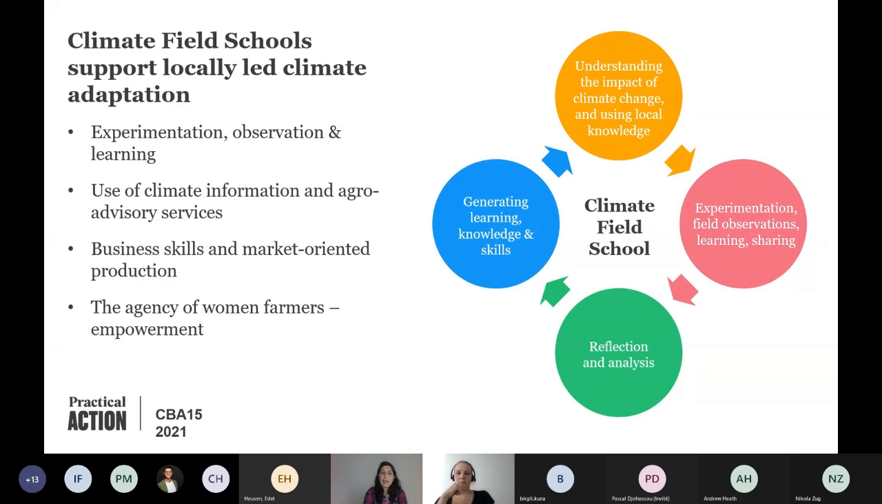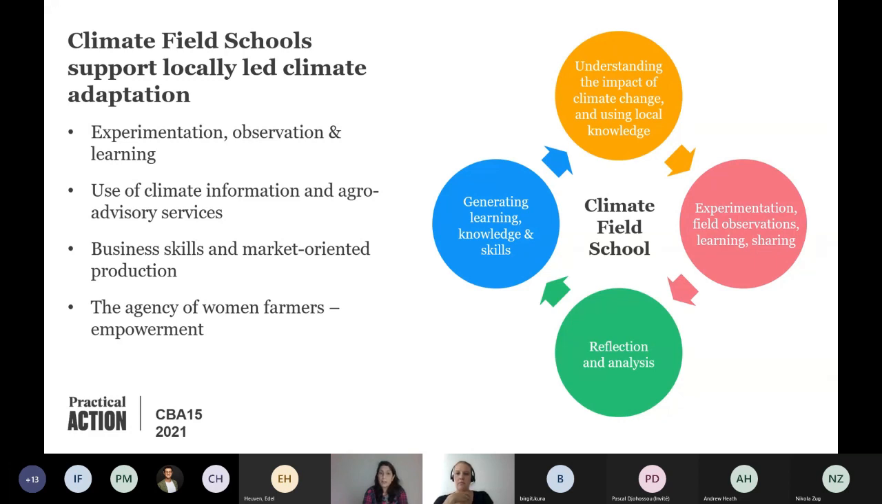Climate field schools help farmers assess the impact of climate change in their local farming system by using communities' local knowledge and relating it with nature. For example, the emergence of some weeds provides evidence for soil becoming drier. In climate field schools, farmers can experiment with climate resilient varieties, technologies, and farming practices that enable them to cope with the changing climate. They can access, interpret, and utilize climate information and agro advisory services for